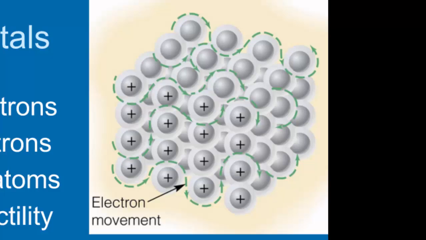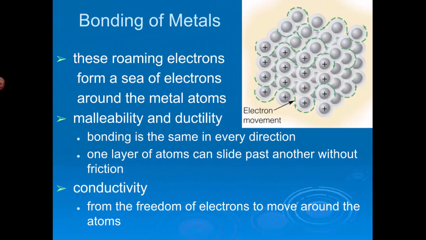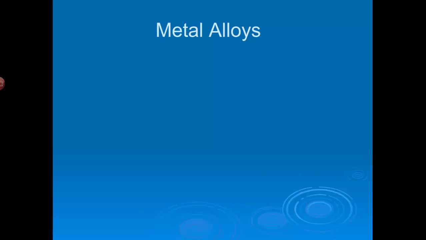There will be some resistance to this, and so all metals resist electric conduction a little bit, but not very much. And certain metals don't resist enough to make any difference whatsoever. Things like silver and gold conduct electricity extremely well. Now, another thing that we can do with metals is we can form what are called alloys because of this